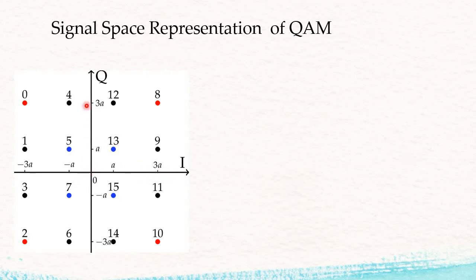Similarly over here, the value is 3a, here the value is minus 3a, and in between the difference is twice a each time. Even the distance between points 13 and 8, if you solve it using the Pythagoras theorem, again comes out to be twice a. So the distance between any two neighboring points is always twice a, a constant term, that is d equals 2a.